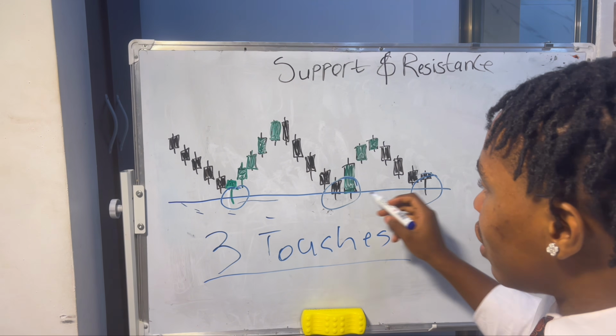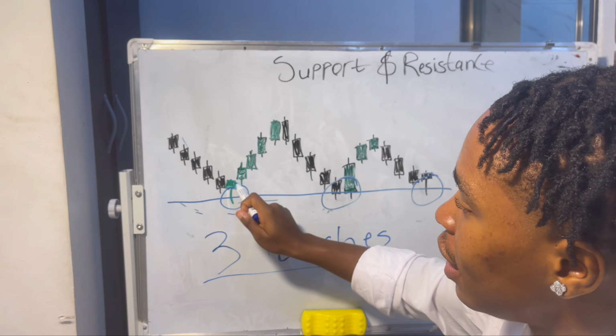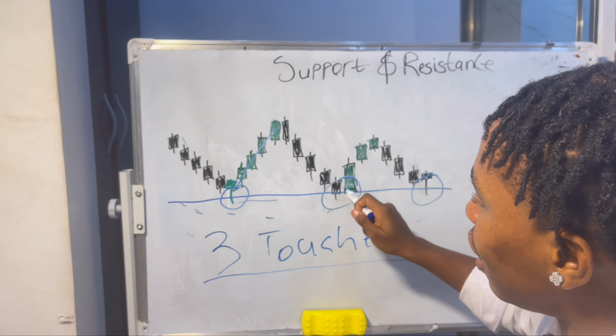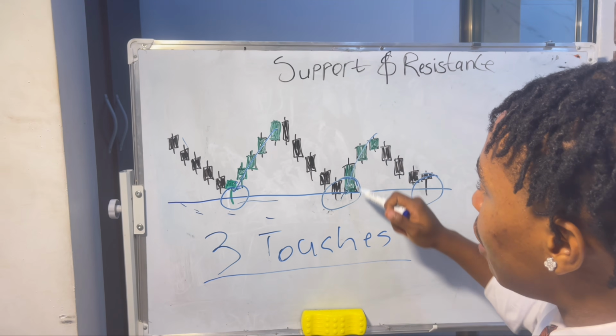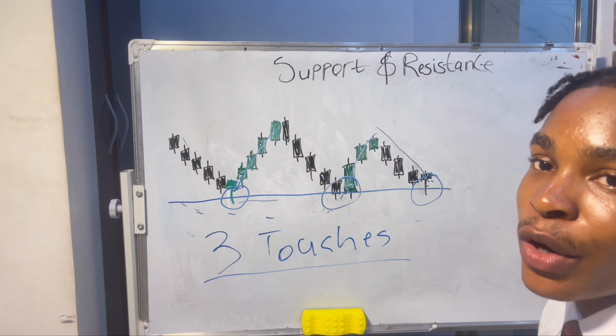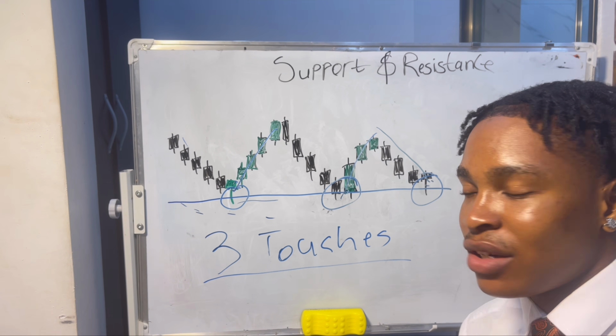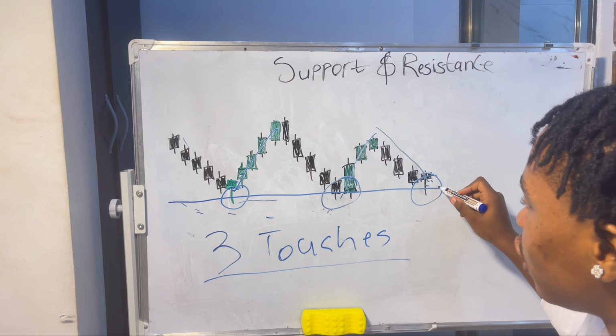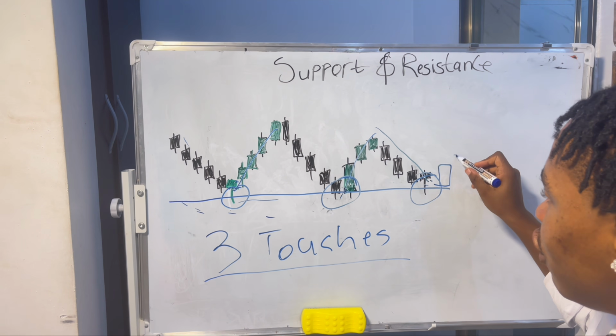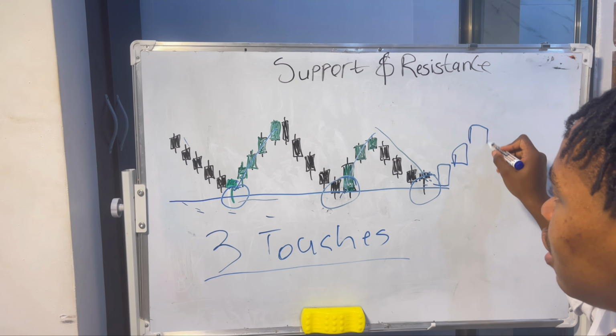And from this place right now, as you can see, the market first came here, it went up, it came back down to the same place, it went back up, and now it came back down right now. What do you think will happen? Yes, I think you guessed it right. The market has a high chance of going back up and then creating other candlesticks like this, right?